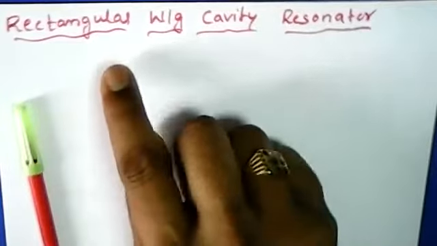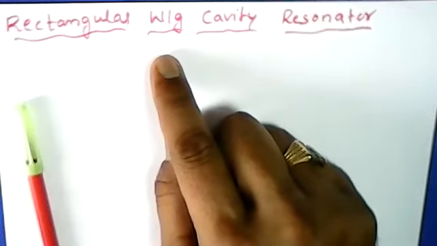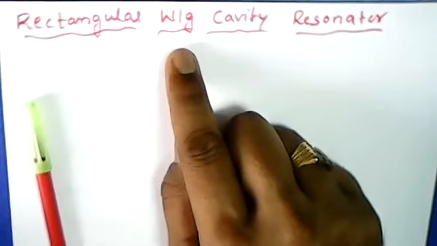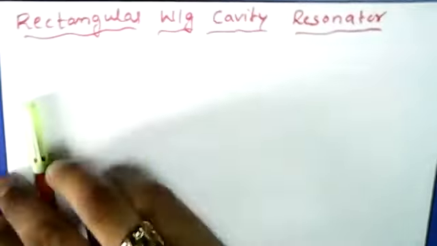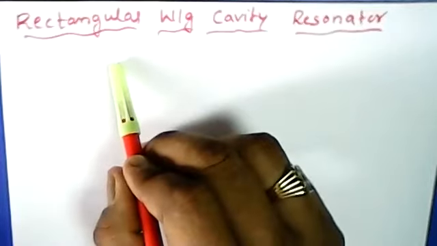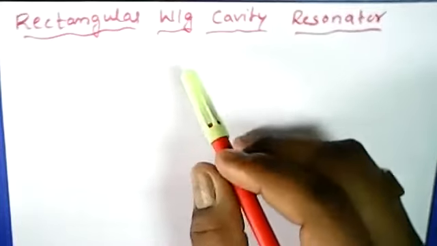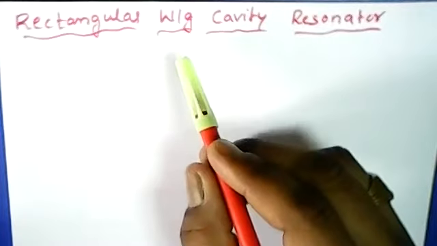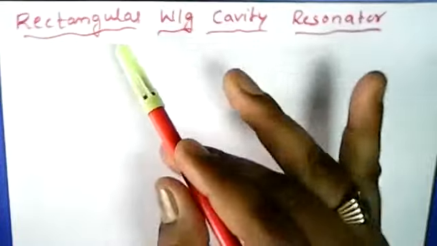Okay. As we have seen, we have covered the basics of the rectangular waveguide. What is a waveguide? It is well known to us by now. There are different types of waveguides we have discussed: the rectangular waveguide, circular waveguide, elliptical waveguide, and ridged and double-ridged waveguides. It depends upon the shape of the waveguide, and hence the name is given accordingly.